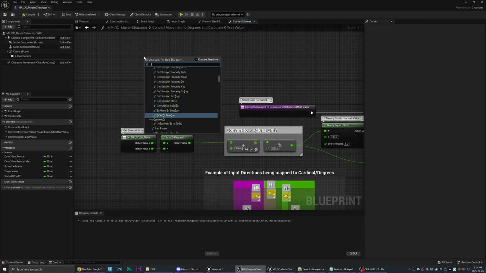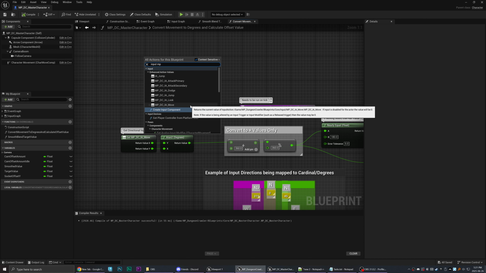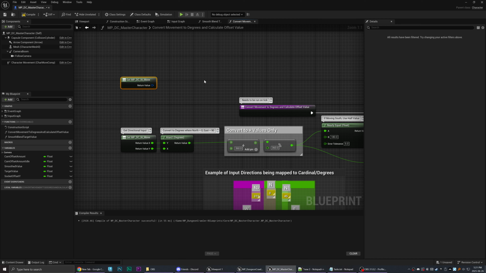In this case, I just type in input and then MP, because that's what I named all of my input actions. Where you see Enhanced Action Values, this is how you grab the value of the input action.